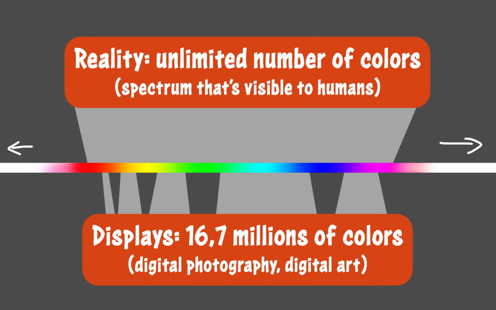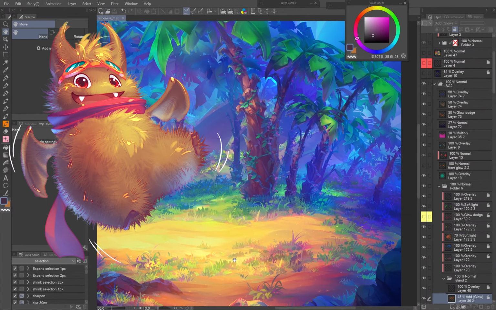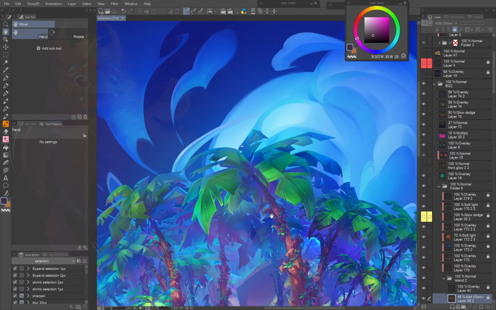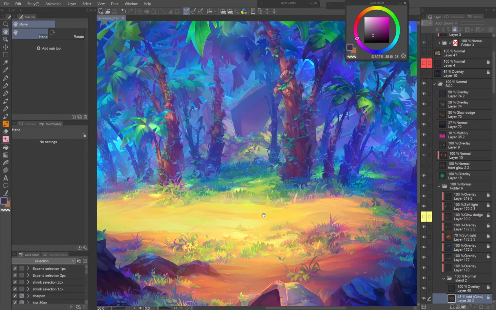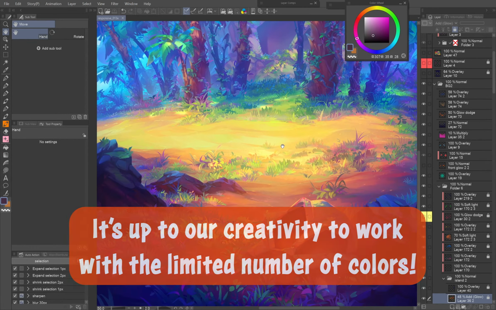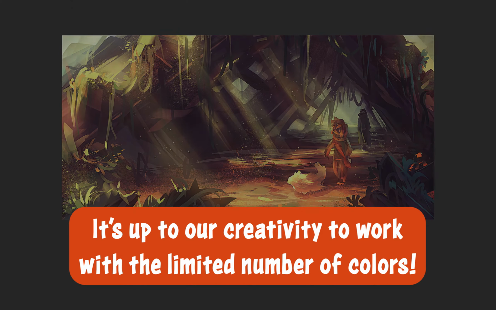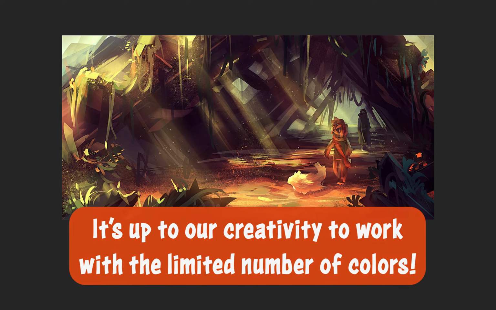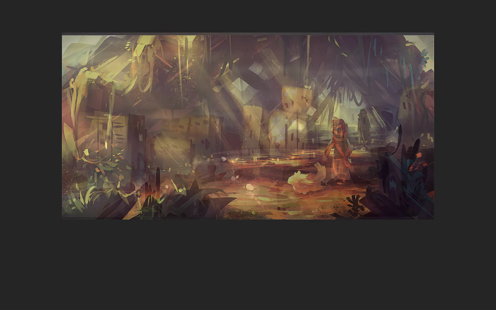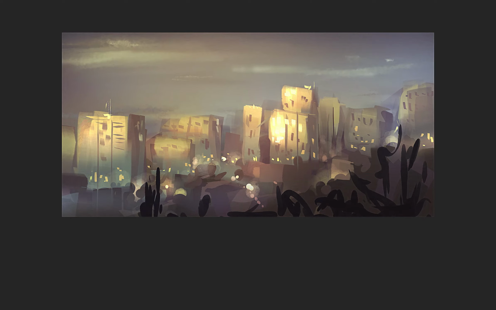The funny thing is that we digital artists work with the same limited number of colors as the camera. Traditional painters can more or less mix any possible color they see, while we are limited by the number of colors our screens can display. But that's the fun of the challenge. We aren't caged in the algorithms cameras use, no matter how sophisticated they are. Let's make the most of what we learned about color interactions and by observing these phenomena in reality or others' works creatively convey lights, shadows, temperature, feeling, atmosphere, etc.